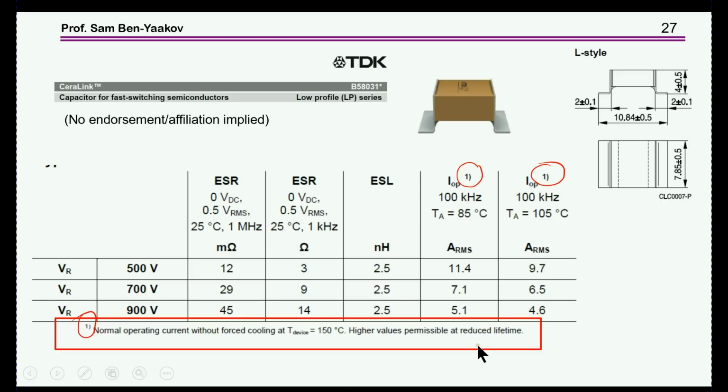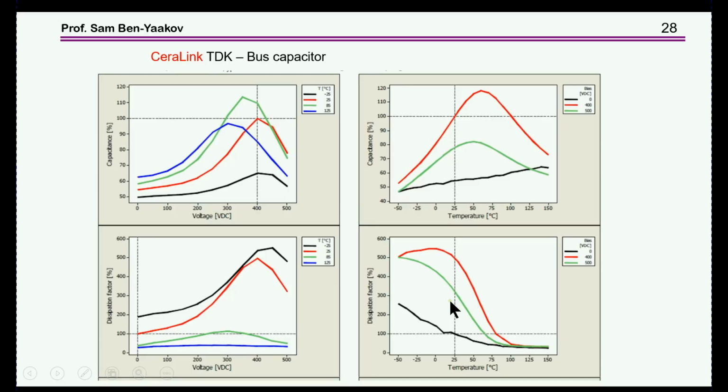So the interesting thing is that you can get very high current. This capacitor will tolerate very high current, like 11 amps, which is very nice for bus bars, and conceivably for a resonant converter, this could be a good solution. And the ESR is acceptable, but it turns out that these capacitors are excellent or very good when operated at very high